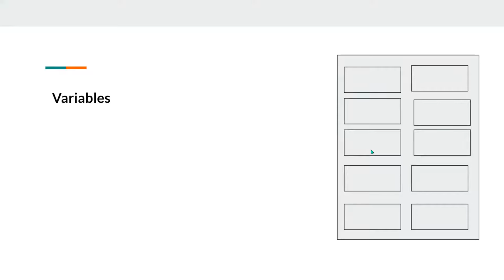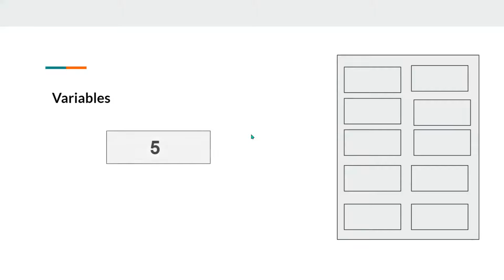Now that we are taking inputs, we need to store those inputs somewhere, right? So we are going to store those inputs inside variables. But before that, what are variables? Let's assume that we have a memory and inside our memory, we have these boxes. Now our actual memory will not look anything like that, but for the sake of simplicity, we will assume that our memory is looking something like this and we have lots of boxes.